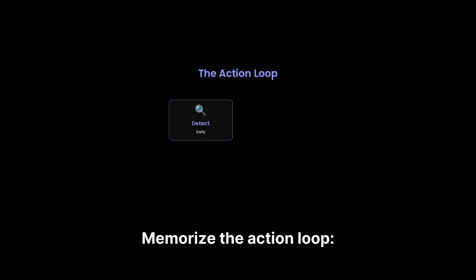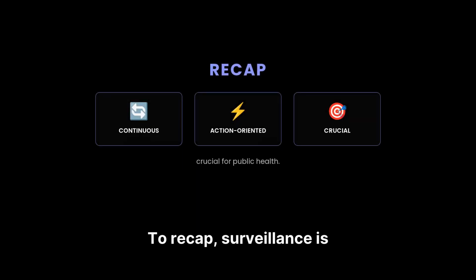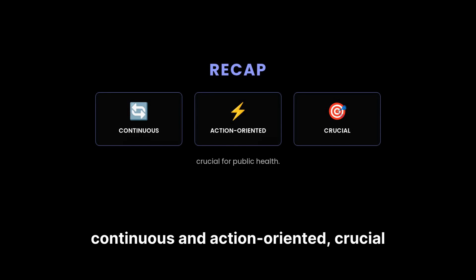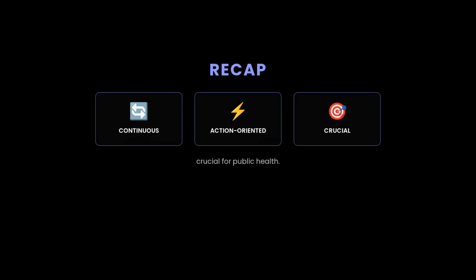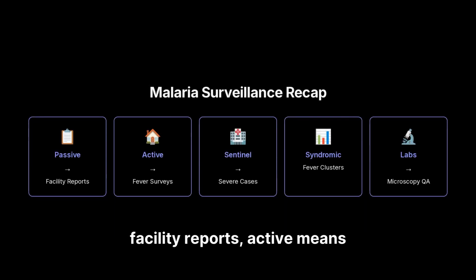Memorize the action loop. Detect early, verify quickly, respond fast, and feedback back to field. To recap, surveillance is continuous and action-oriented, crucial for public health. For malaria, passive means facility reports, active means fever surveys, Sentinel covers severe cases, Syndromic tracks fever clusters, and labs